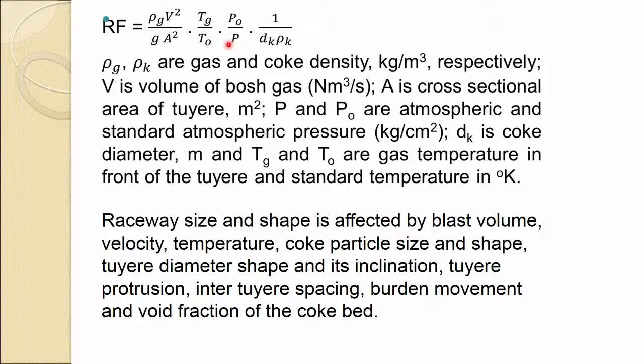P and P naught are the atmospheric and standard atmospheric pressure in kg per centimeter square. Dk is the coke diameter,